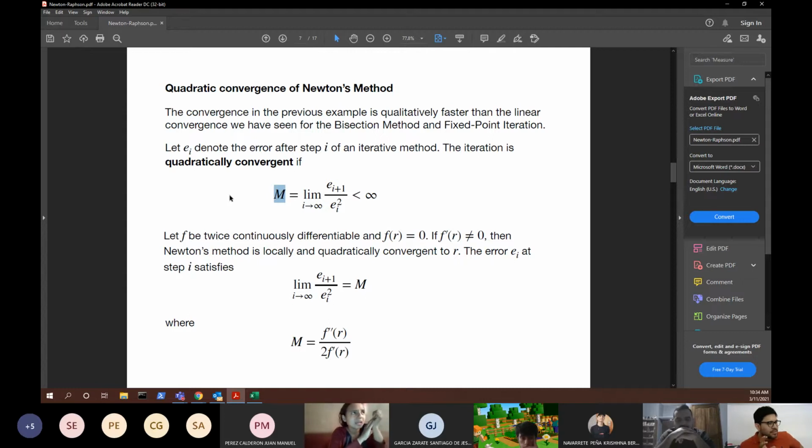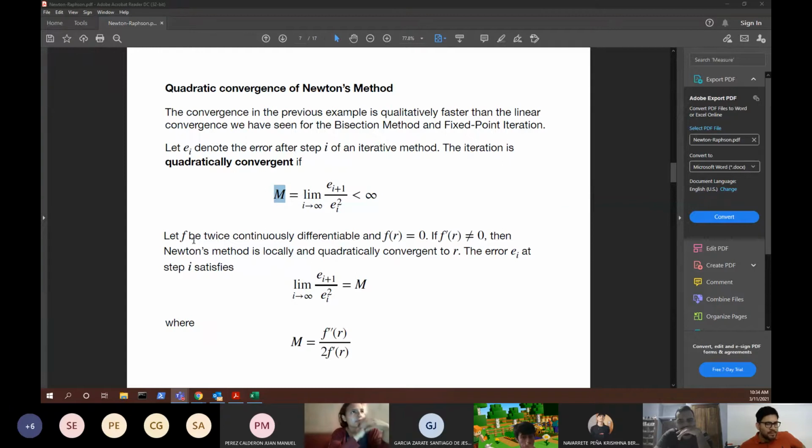If you remember, S was actually the slope of the function when we had linearly convergent methods. So in this case, it's not S, we name it M. So it's a different letter, and it's a different condition. One is linear, one is quadratically convergent. Okay, so if we actually consider any function f,